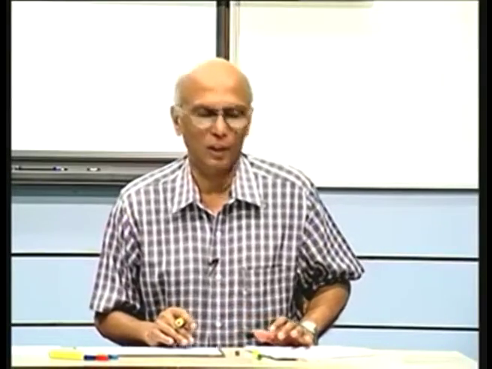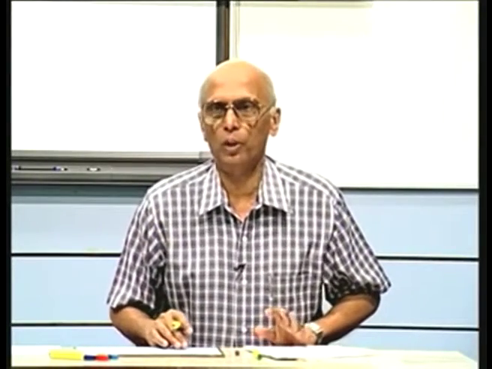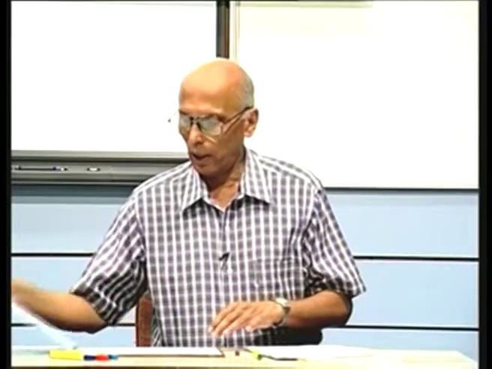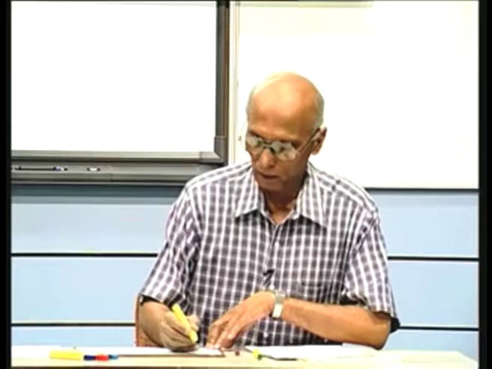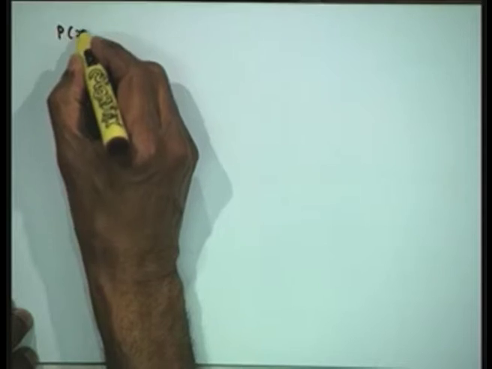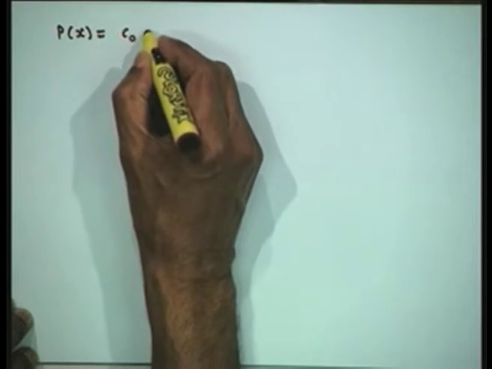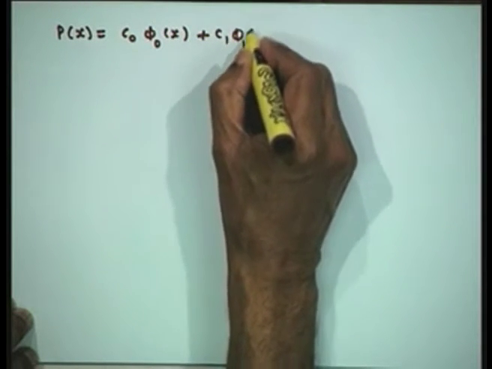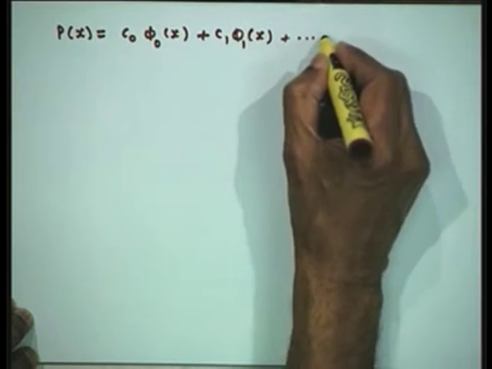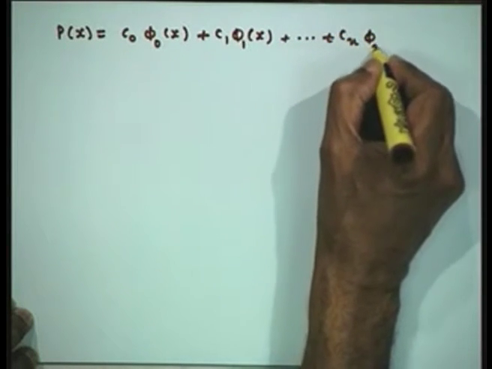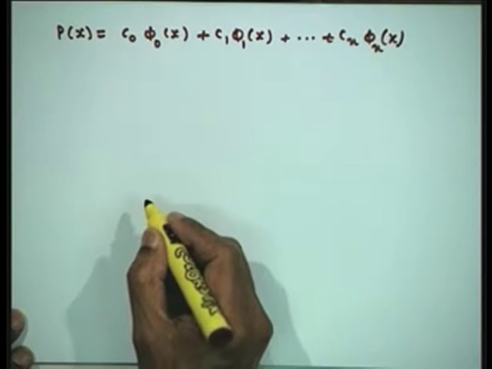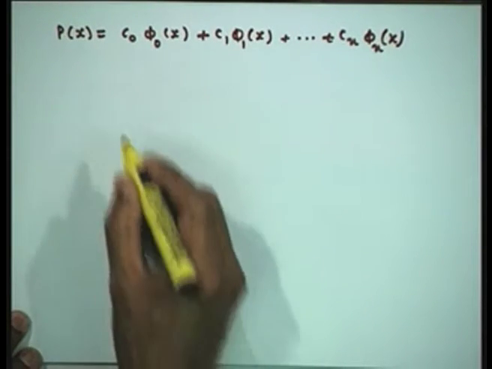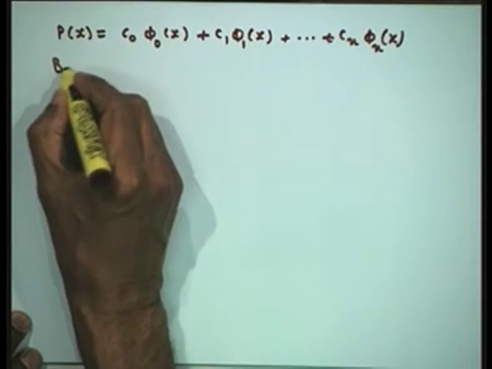Now, in the previous lecture we have defined what is approximation. We have also defined what is the best approximation. If we take a function like p x is equal to c naught phi 0 x plus c 1 phi 1 x plus so on c n phi n x, then we define this as the best approximation if it minimizes the error norm. Therefore, this is the best approximation